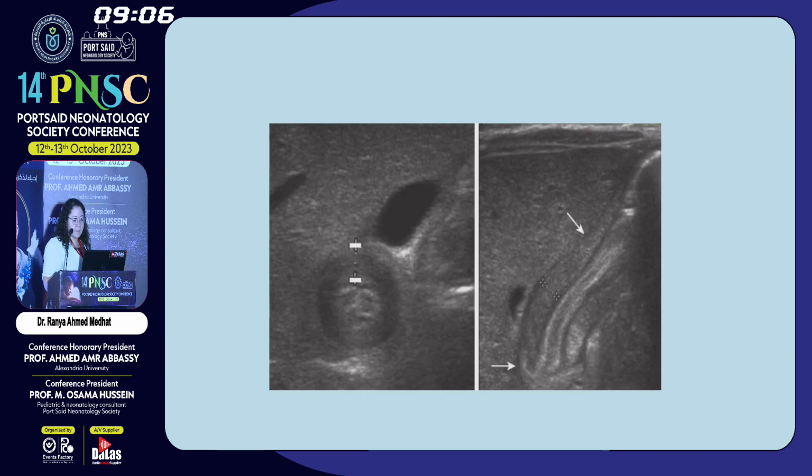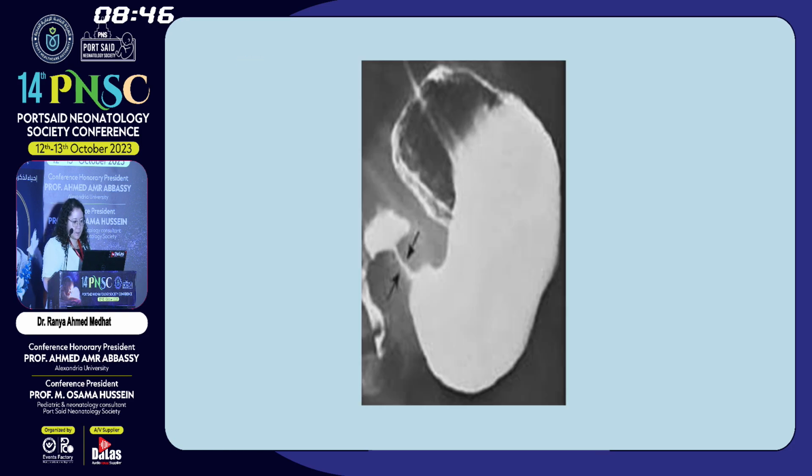In an ultrasound, the diagnostic criteria for a pyloric stenosis is to have a split muscle thickness of more than or equal to 4 millimeters and a pyloric canal length of more than or equal to 16 millimeters. What if the ultrasound is still equivocal, I'm not sure? I can perform an upper GI contrast study in selected cases. What I'm going to find is the string sign, where the pylorus is hypertrophied. Only a small string of the contrast is passing through this hypertrophied pylorus, and so I have reached my diagnosis